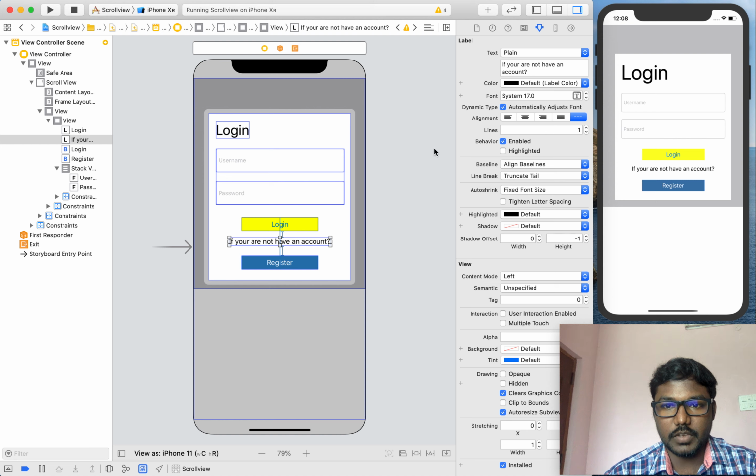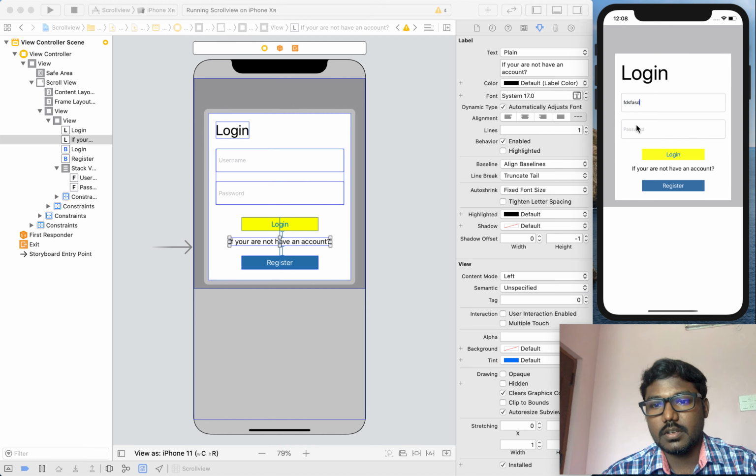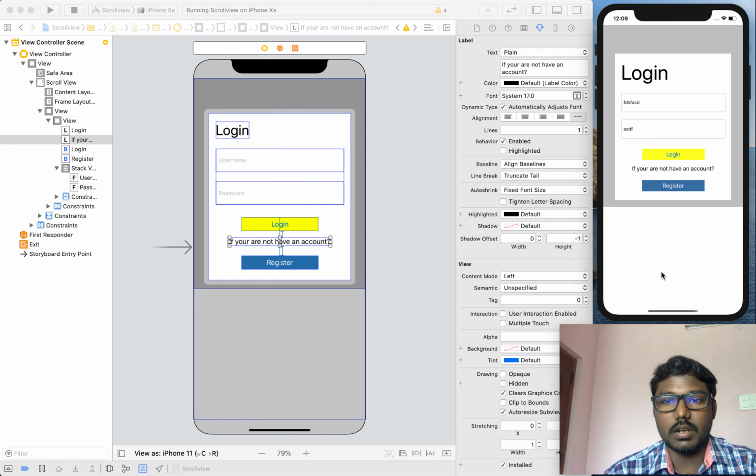Likewise, we can set each element to the accessibility sizes. Likewise, we can design our scroll view and support accessibility features in an iOS project. I think this video will be very helpful to you.